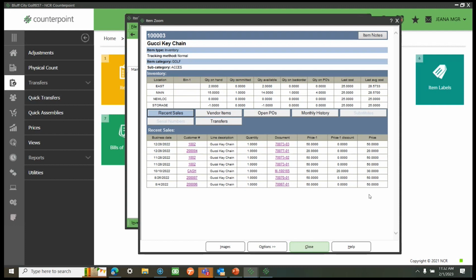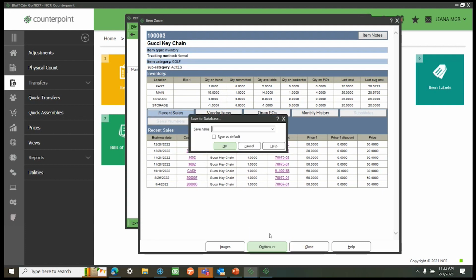If you like the changes you make to a Zoom and you want to save them, you go to Options, Save As. If there's something in the drop down, like I have the one called Gina, this is my default one. Or you want to just say, it's going to be the default for everybody. And by the way, if you do save it as the default, it's the default for everybody. So now when I click OK,